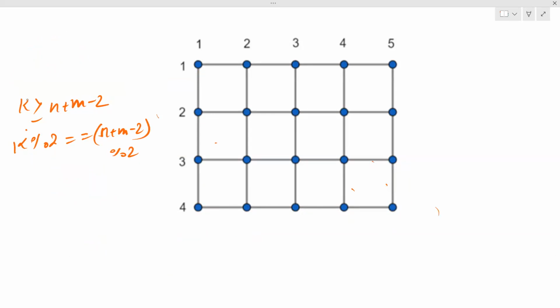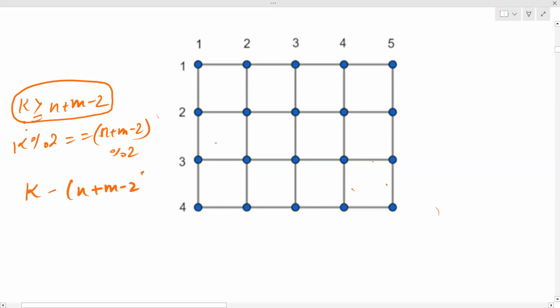If k is more than this, two things are possible. The difference between k and the minimum number of moves is divisible by 4, or it is not divisible by 4. Anyway, it is going to be divisible by 2 because the parity is the same. But if it is divisible by 4,